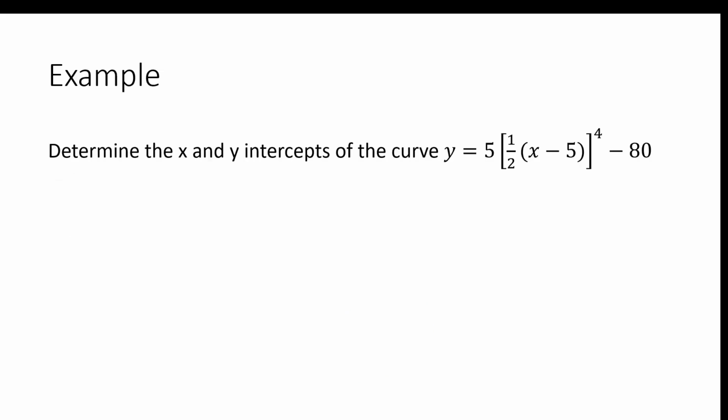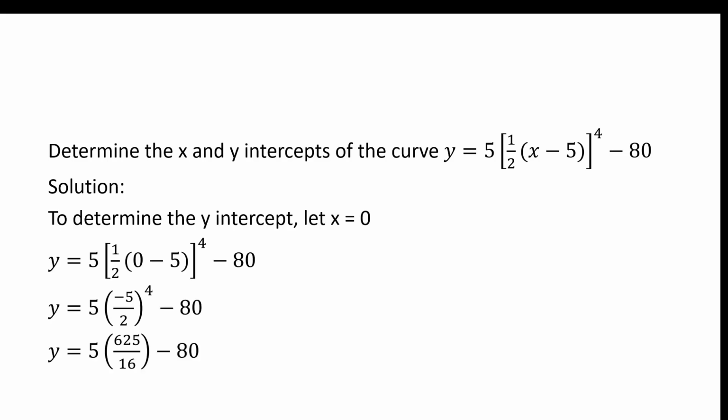Now, what if we have a quartic and we want to determine the x and y intercepts of that curve? Well, let's start by finding the y-intercept. We know there's always going to be one y-intercept. To do that, we let x equal 0. We plug that 0 in right here. And then we follow the steps of Bedmas. 0 minus 5 is negative 5, but we're multiplying it by a half, so we've got negative 5 over 2